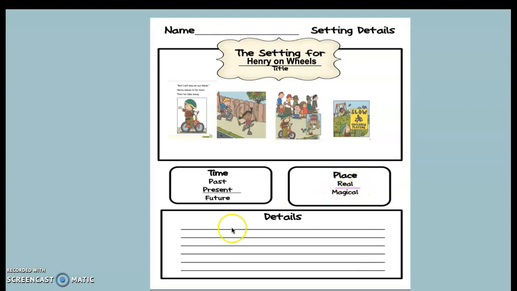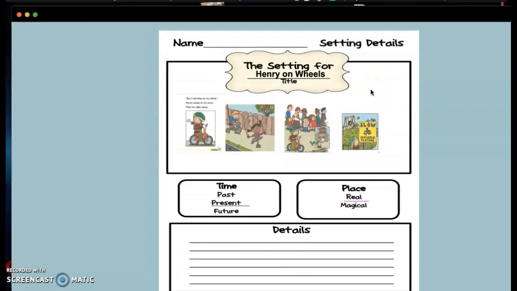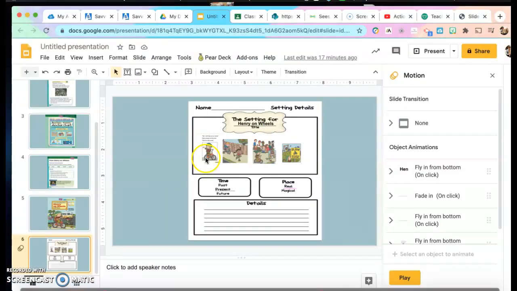So I put real. And then down here we will add the details that help us know where the setting is. And you can see, you can use the pictures to help you describe it. And we would use words to describe. He sees children playing. He sees around the corner a hot dog stand, or he sees the park. And those are all the things in his neighborhood. Okay, so that is what you are going to do. Now remember, the